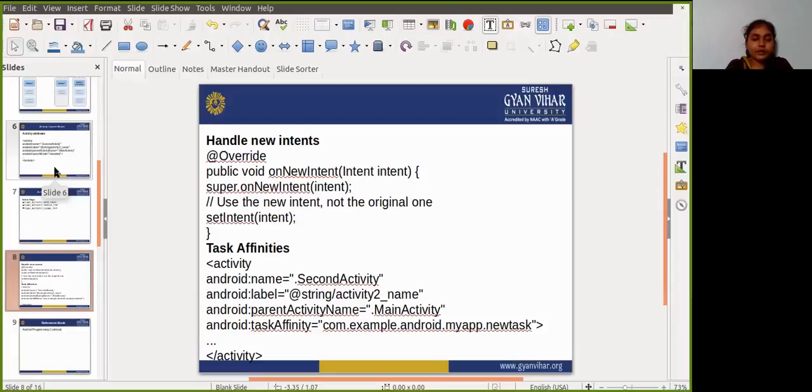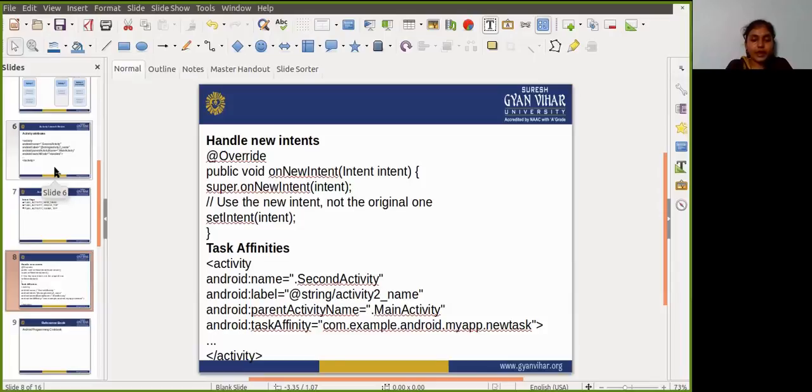With single top, if the activity being launched is at the top of the back stack, it routes the intent to that existing activity instance, and otherwise creates a new instance. This is the same behavior as the single top launch mode.